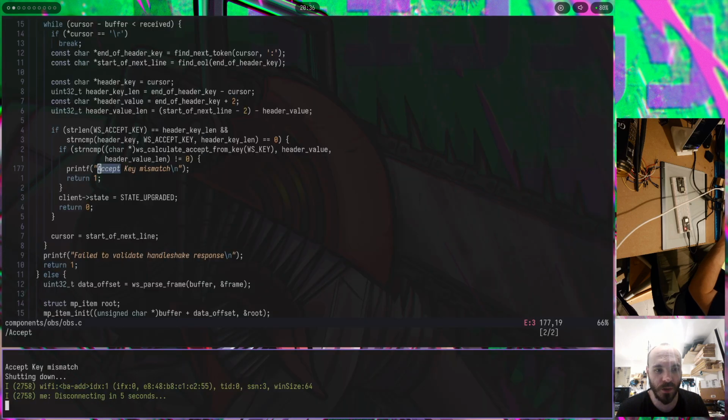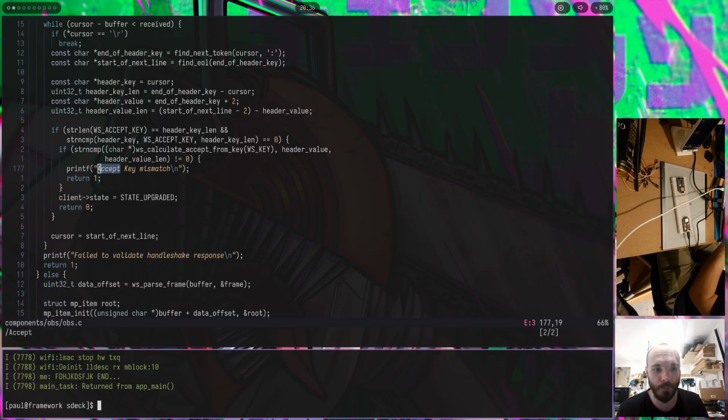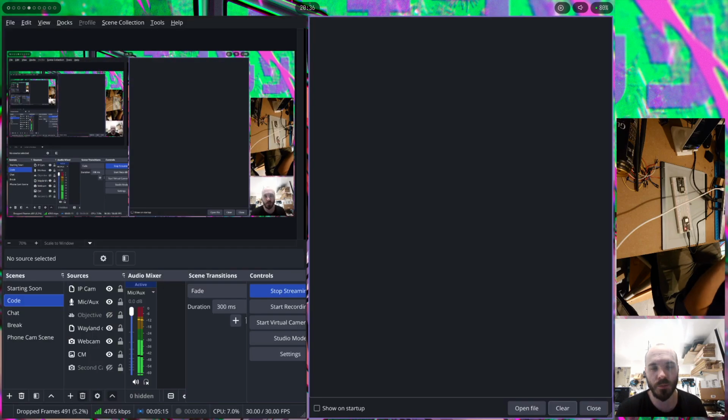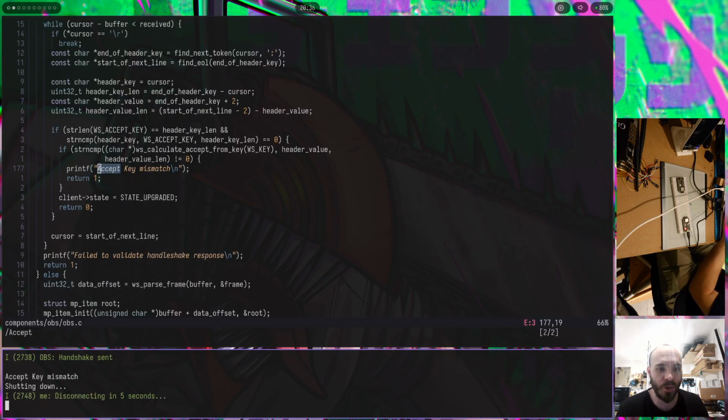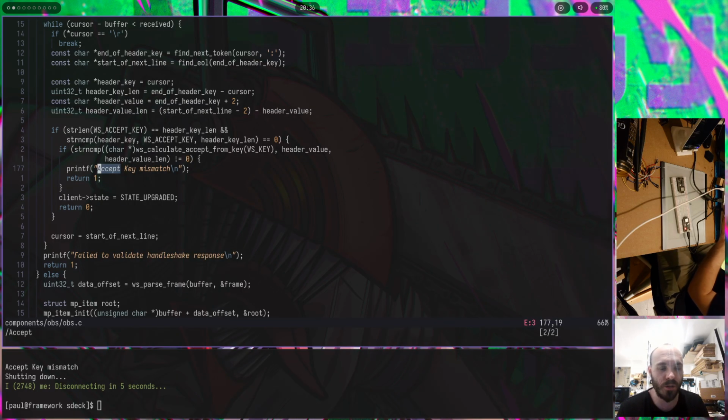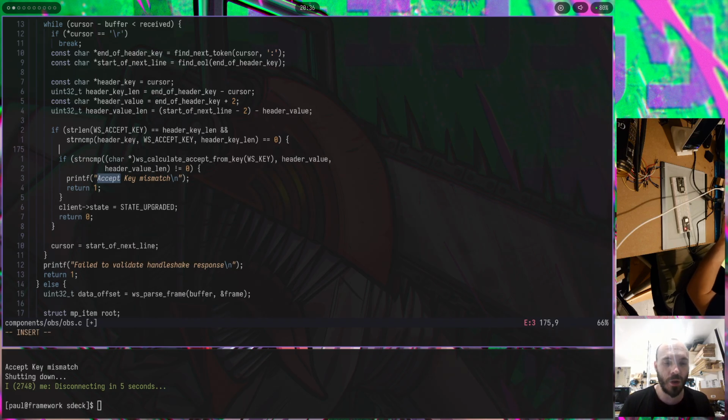Let me try to clear it and try again. And have a look. Yeah, so I am getting, okay. Right, I wanted to make sure that my stuff is still correct. Right, so now I'm disconnected. So the key is a mismatch, and the idea is we calculate the accept key and we compare it with the header value. So what we can do here is a const char star